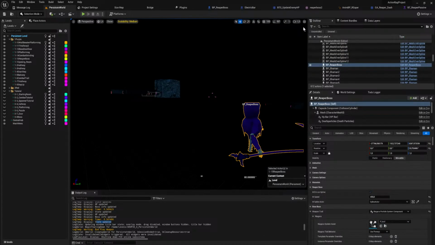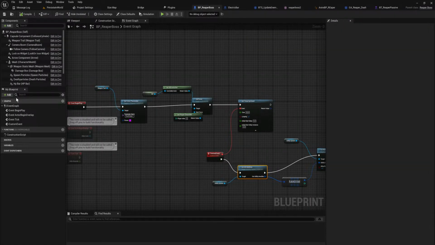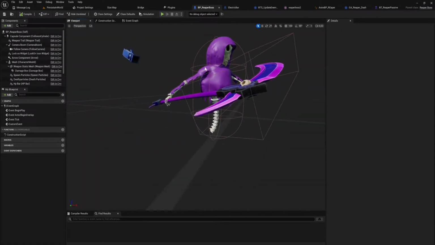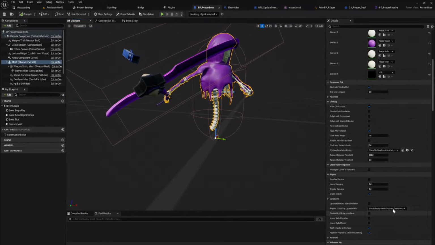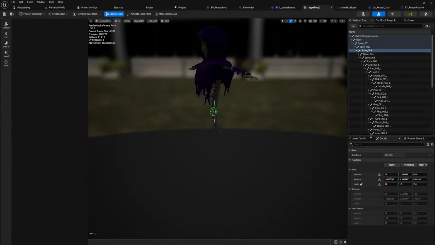I want to look at something else real quick, because I don't think my brain can handle any more troubleshooting today. What I want to look at instead, which might also be very troubling, is the skeletal mesh asset here.